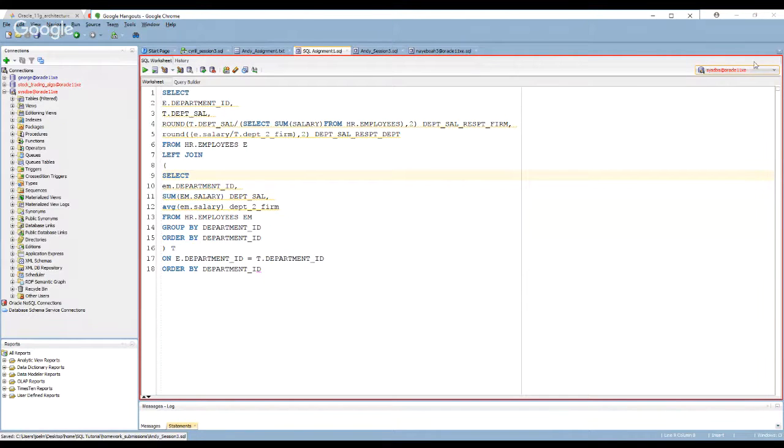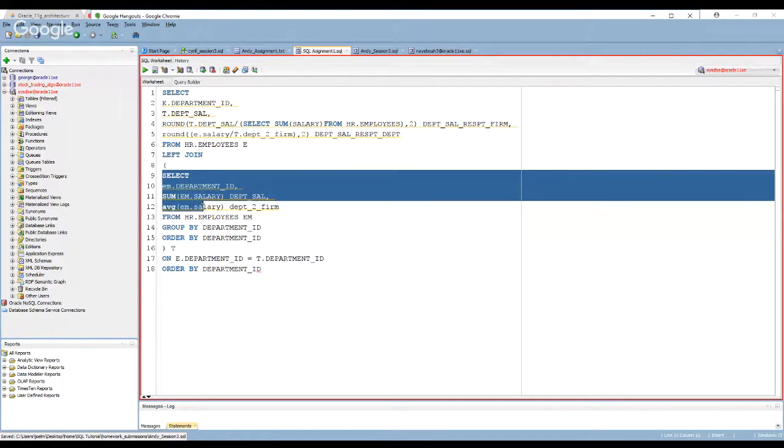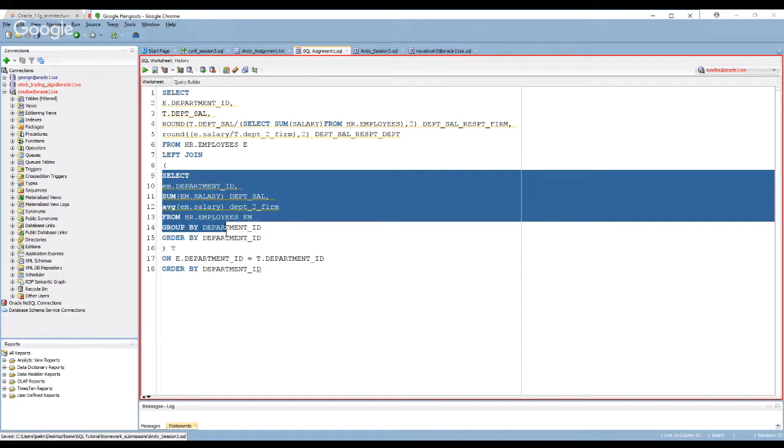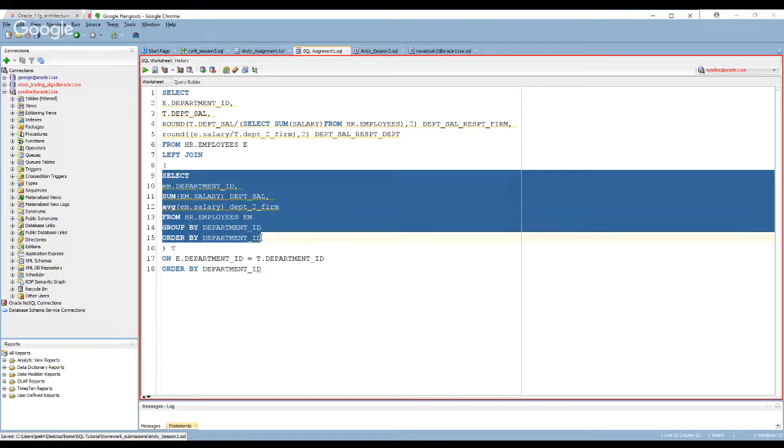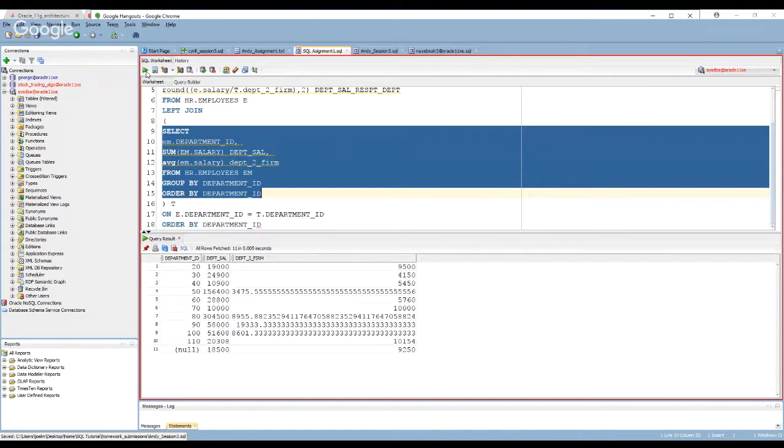Hold on, let me give you remote control so that you can do what you want to do. Okay, so if you run this query, it's going to give you.